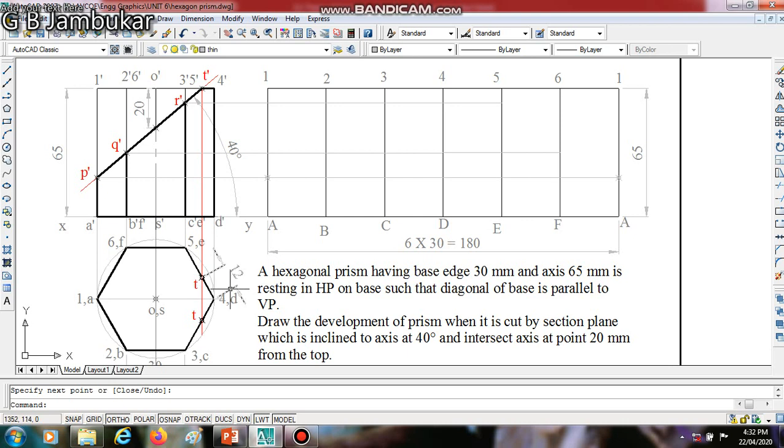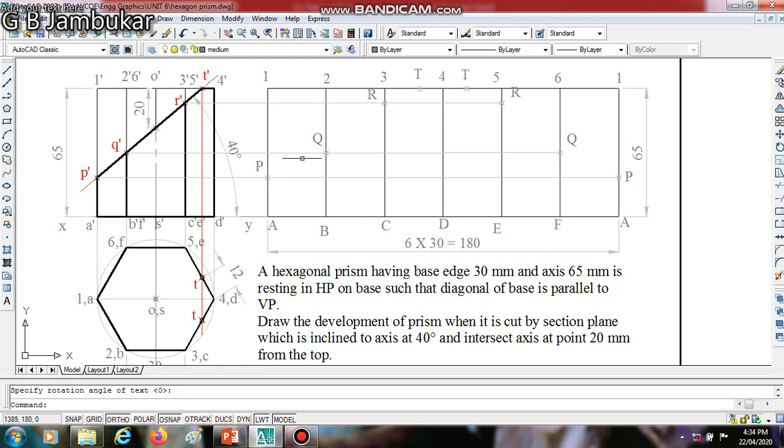So locate point T from 4 at 12 mm, over here. Give all the names, then we will see how to locate. Now I located point T, which is 12 mm from 4, as it is given in the top view.